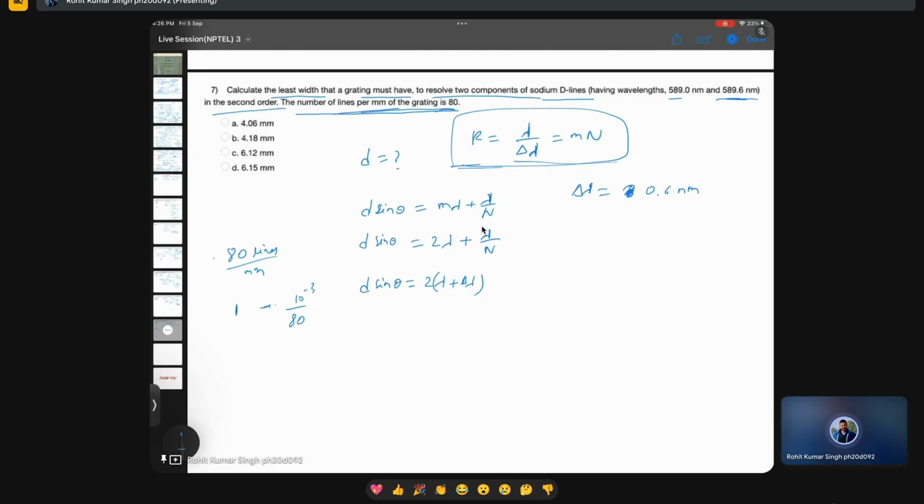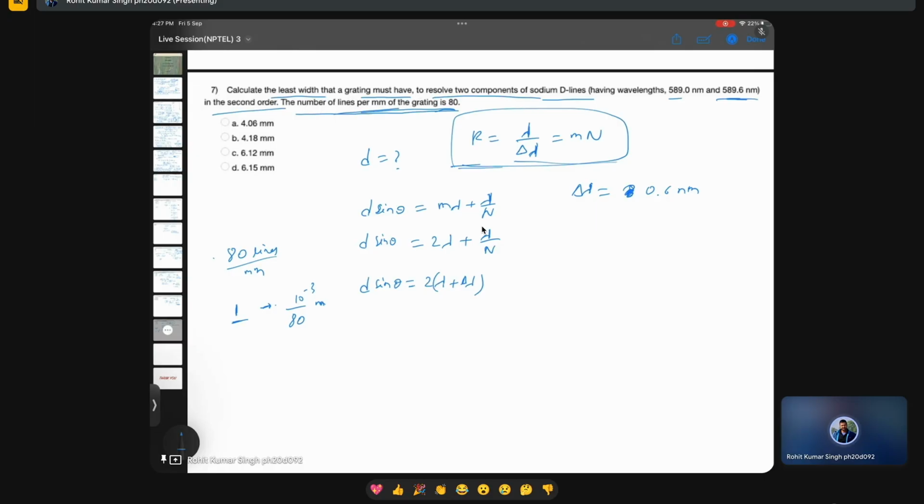This should be the slit width, no? Why? Yes, I thought it's in the beginning. Wait, no, there is a trick. Least width that a grating must have. So,